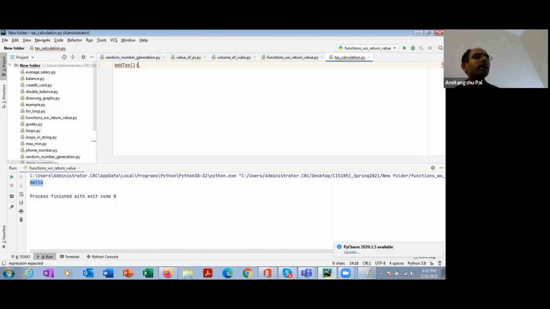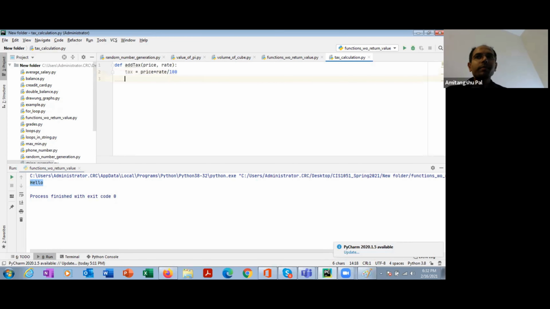Then only you can calculate how much you need to pay for the tax. So you need 2 parameters, the price and the rate. That's it. So this is my function definition, and then my tax is nothing but price multiplied by rate divided by 100. Rate is in percentage.